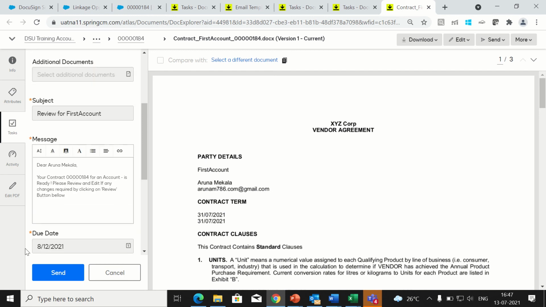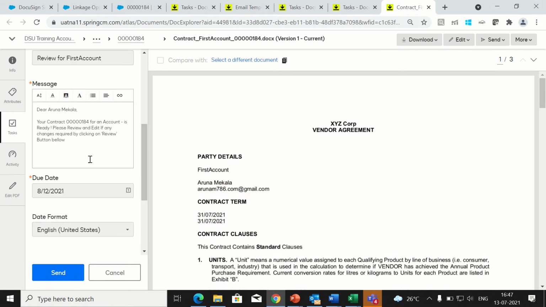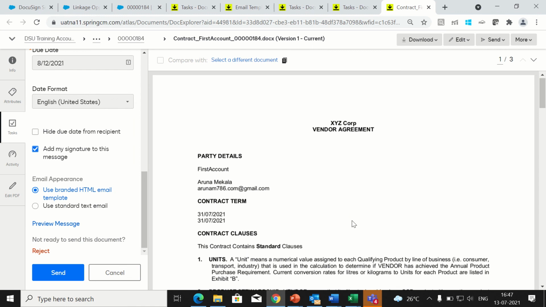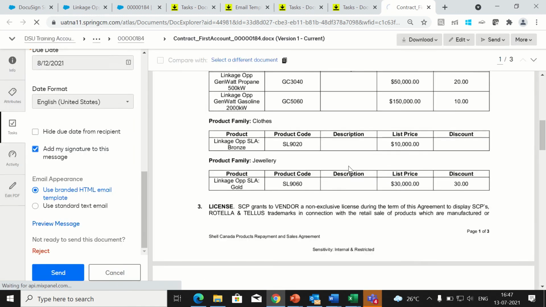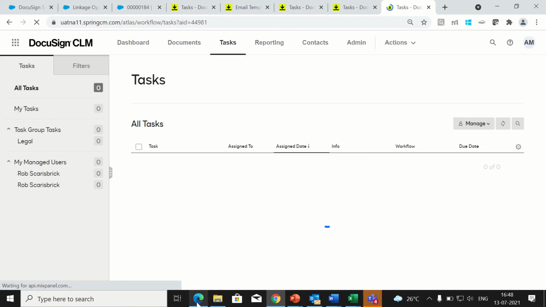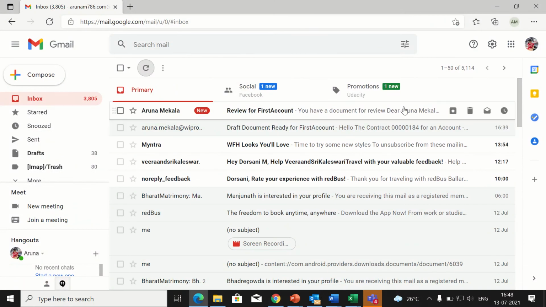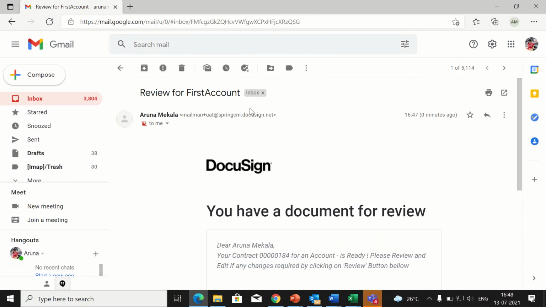These all will be filled automatically from the workflow values. This is the mail ID, and here I can see the auto generated mail, my name and the contract number. I need to review it, and the due date, everything has been populated. I'm just clicking on send to send for customer review. So once I click on this I will get a mail now. Yeah, I just got a mail now. Yeah, just now I got a mail.